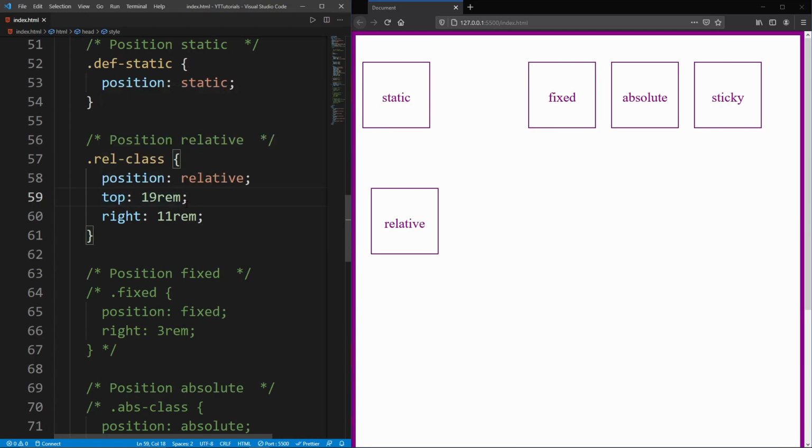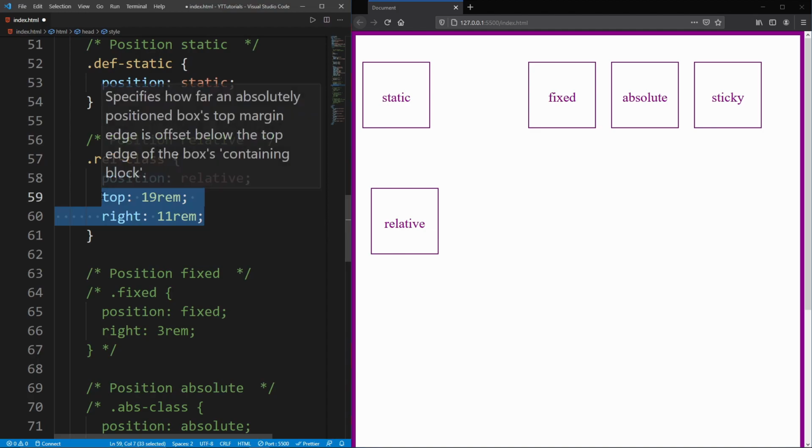For example, when we give top 19 rem, it will go down 19 rem, and 1 rem is equal to 16 pixels roughly, you can think of it that way. And when you give it right 11 rem, it will move in the left direction, 11 rem, 176 pixels. Okay, so 176 pixels towards left, so it goes in the opposite direction.